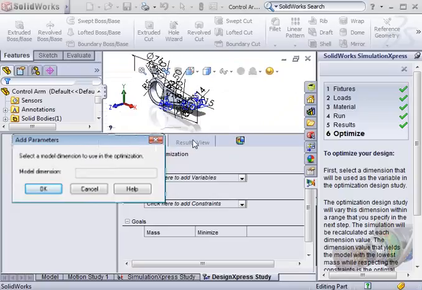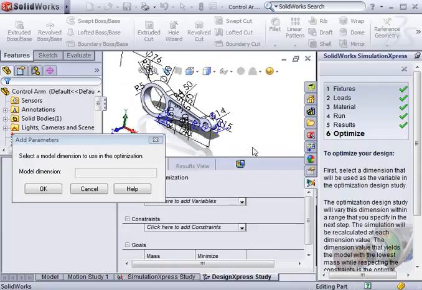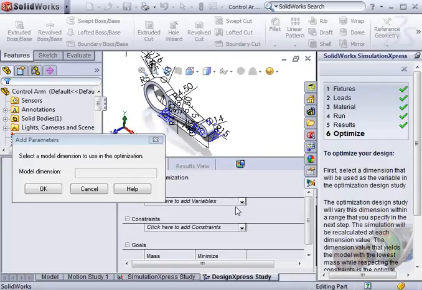Now, a few things change on the screen here. All of the part dimensions are shown, and SOLIDWORKS starts what's called a Design Express study. The Design Express study lets you optimize the design with respect to either factor of safety, maximum stress, or maximum displacement. In this example, I want to see if I can get the factor of safety for this part closer to 5. The first step is to specify a single dimension to adjust to try and reach the factor of